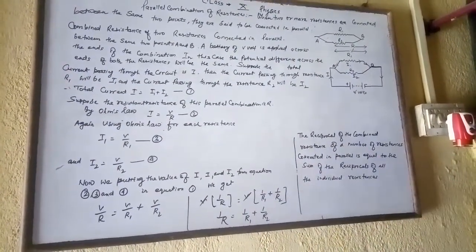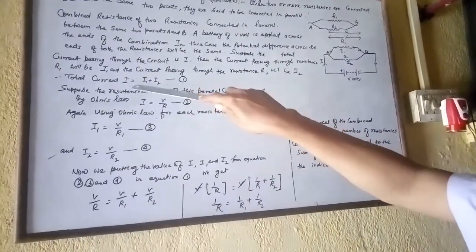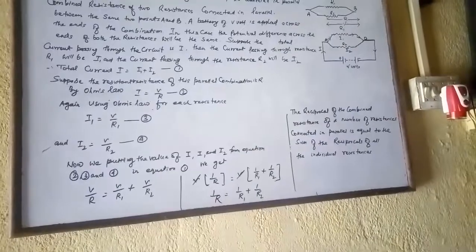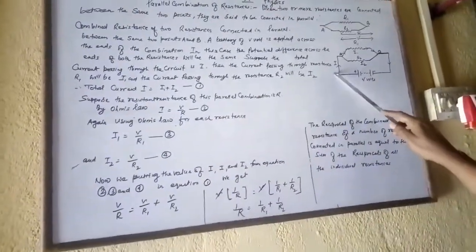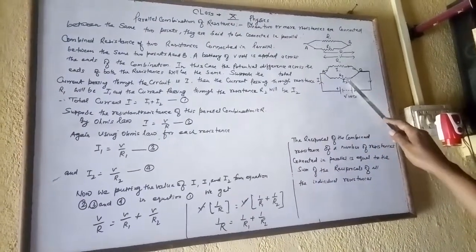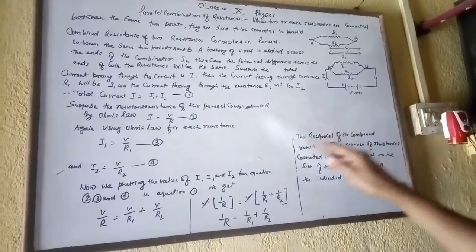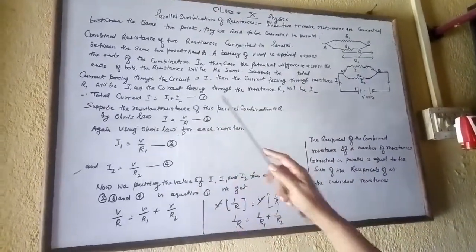यहाँ हमने ओम्स लॉ का प्रयोग किया है। पहले हमने देखा कि टोटल करंट I, I1 + I2 के बराबर है। यहाँ I टोटल करंट है, जो दो भाग में स्प्लिट होता है, I1 और I2। तो I = I1 + I2 को हमने इक्वेशन 1 मान लिया।